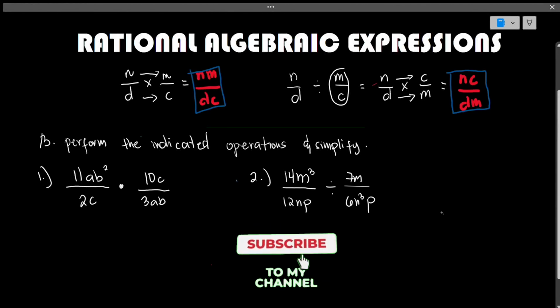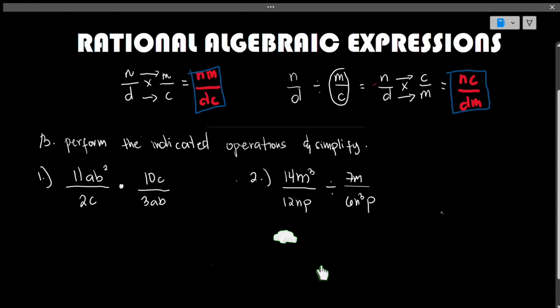Now this time we'll be discussing applying multiplication and division on rational algebraic expressions. There are only two things that we need to remember when we are multiplying or dividing rational algebraic expressions. We can take the process of multiplying and dividing rational algebraic expressions in a way on how we multiply